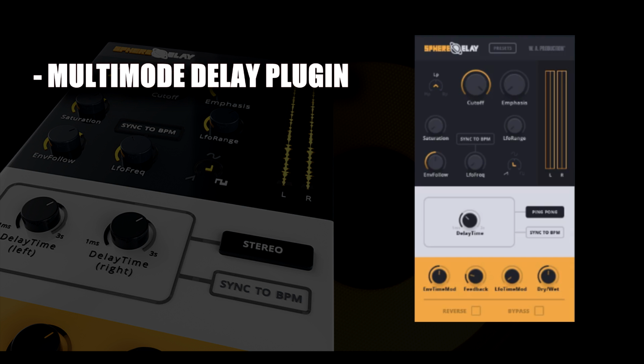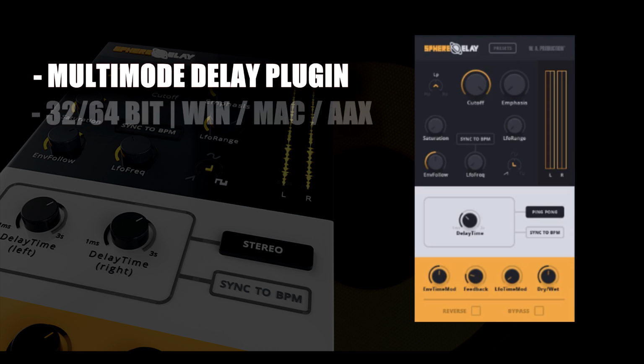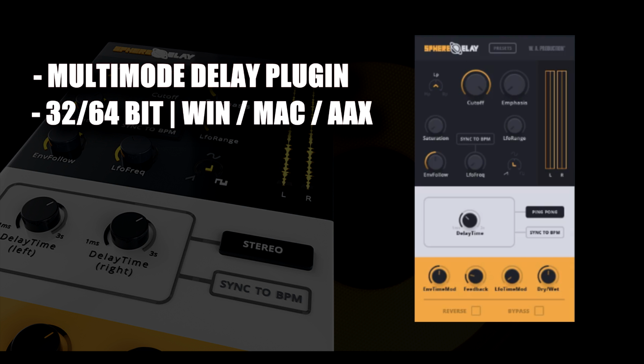As you will see in the following few minutes, you will be able to create some really amazing effects by using this plugin. This plugin is provided in 32 and 64-bit versions for Windows as well as for Mac. Plus, for the first time only, in terms of our plugins, we are providing this plugin as an AAX version